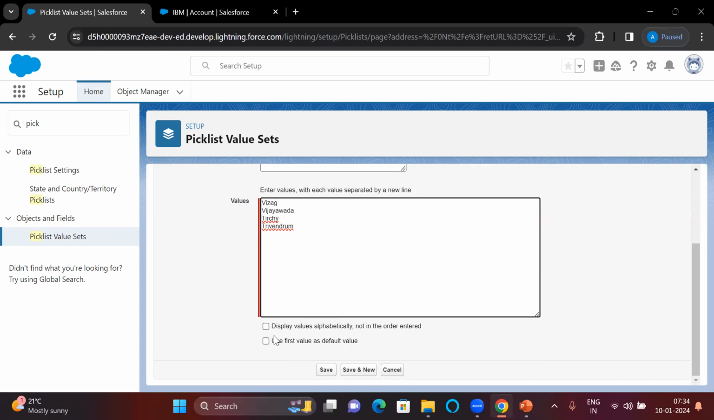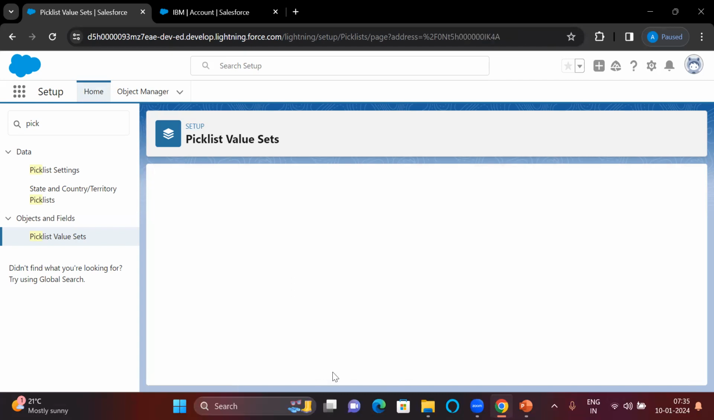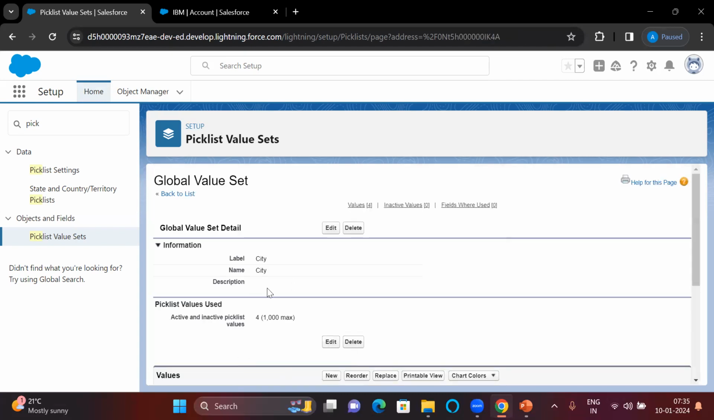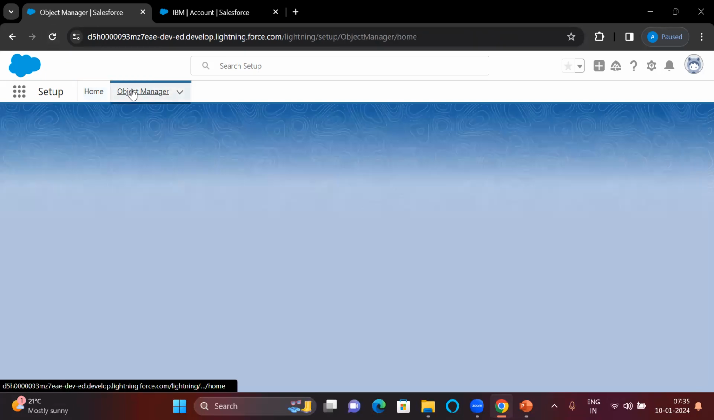If we want to set any default value, we can set it. Here it says use first value as default. I don't want that, so I will create this set first. And I saved it. Now, if I navigate to Object Manager